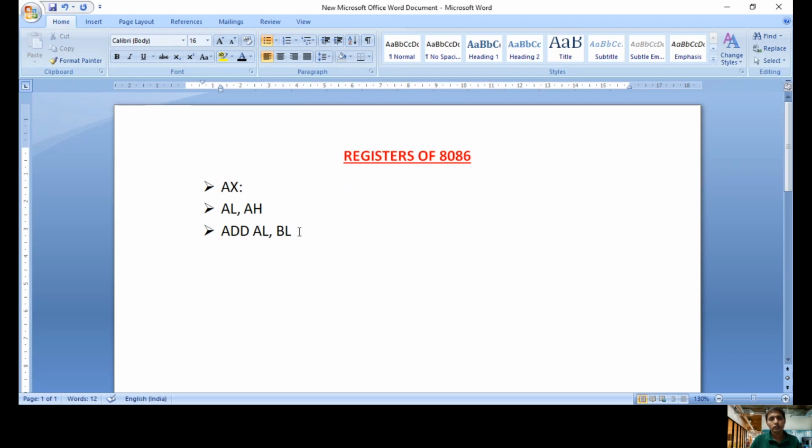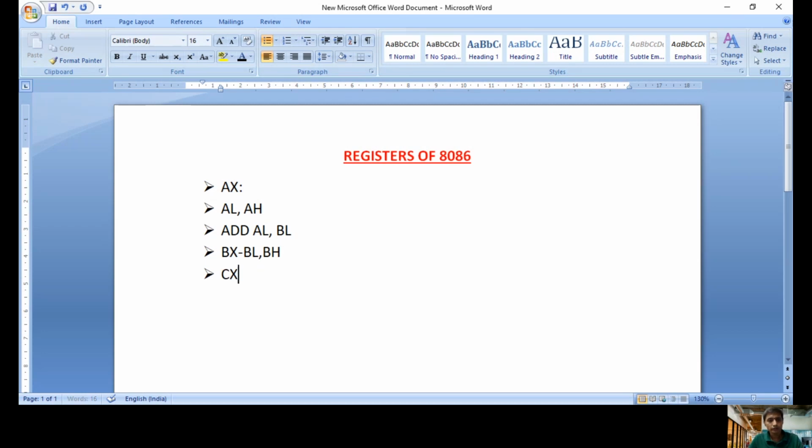Right. So the next one is the BX register. The BX register is also split into two parts, BL and BH. BL is the lower 8-bit and BH is the higher 8-bit. So BX is called a base register. It is also divided into two 8-bit registers, BL and BH. The BX register is used like a normal general purpose register. For all general operations, maybe data transfer operations or any logical operations, if we need registers, we can use either BL or BH for 8-bit, or for 16-bit we can use the BX register.